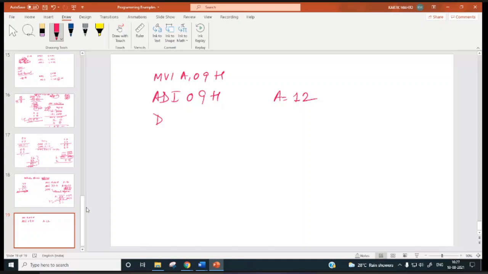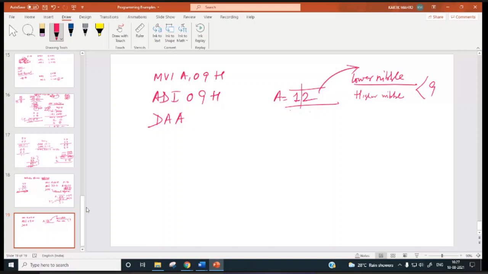Now if we use DAA, what exactly is the processor going to do? First of all, it will check whether the lower nibble is greater than 9. The lower nibble in this case is not greater than 9, so it will not add 6 to this. The higher nibble is also not greater than 9. Both are less than 9.